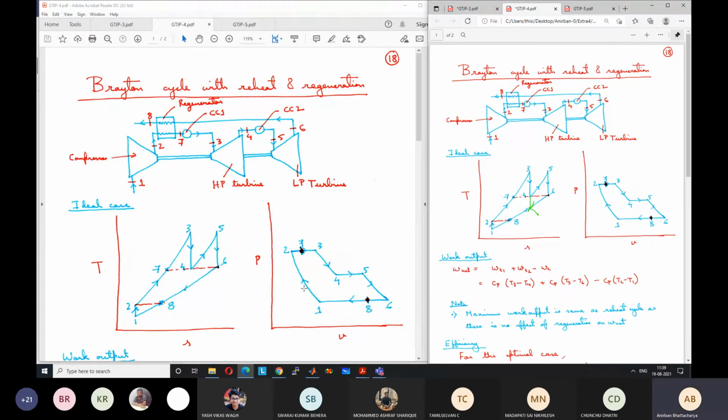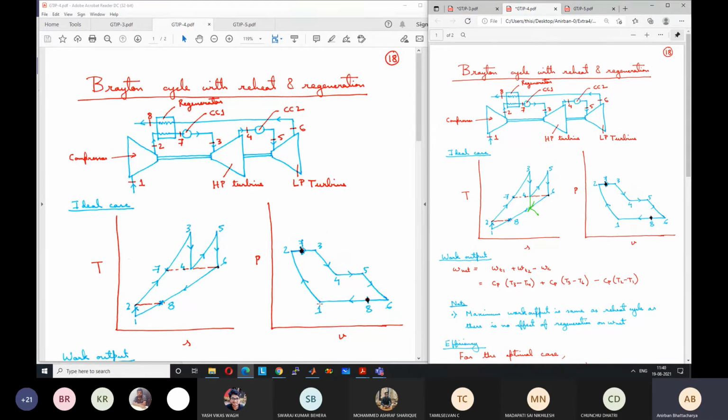So in the PV diagram, it looks like this. So I will not show PV diagrams for all cases. I'm just showing a couple of cases so that you know how to draw PV diagrams, because many times students just memorize the TS diagram and then they are unable to draw other types of diagrams like the PS diagram or PV diagram or TV diagram. But if you know the process properly, you should be able to draw any thermodynamic diagram. There should not be any difficulty. For each of the processes, you should know how to draw it in any diagram. So if it is a TV diagram, temperature versus specific volume, that should not cause any problem.